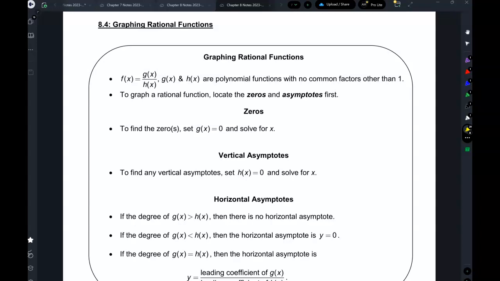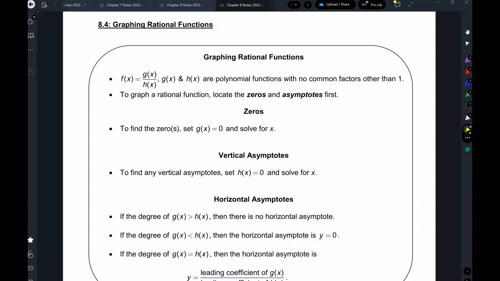All right, so this is 8.4. Now in 8.3, we started graphing reciprocal functions. So we started talking about horizontal asymptotes, vertical asymptotes, where the domain does or does not exist, and so on. Now we're going to expand that and start graphing